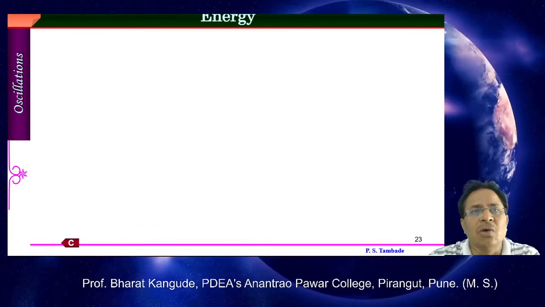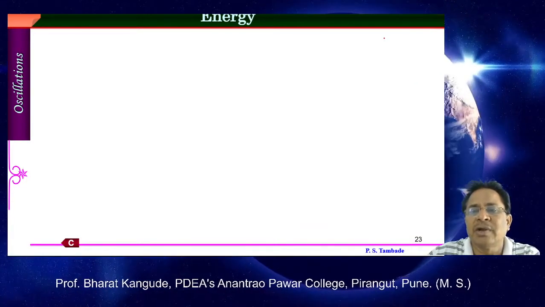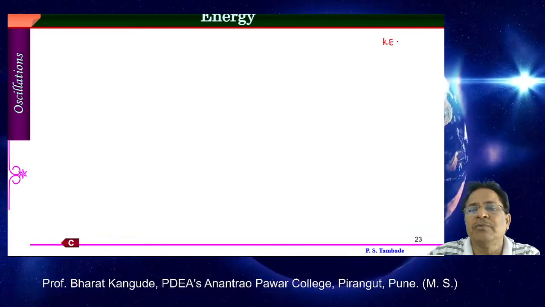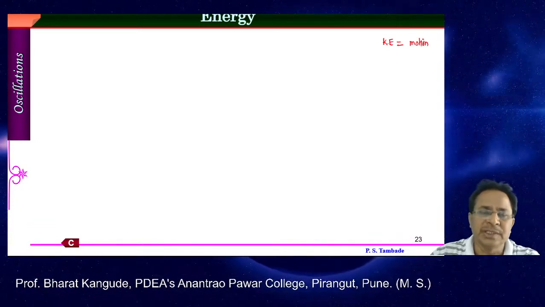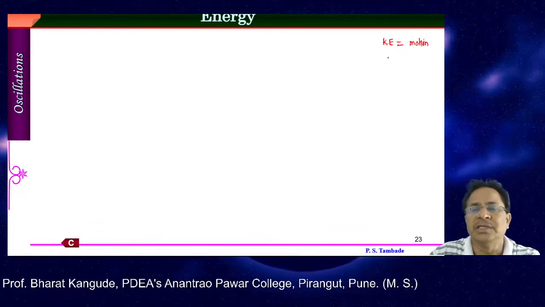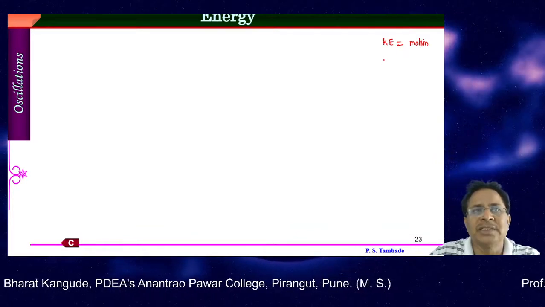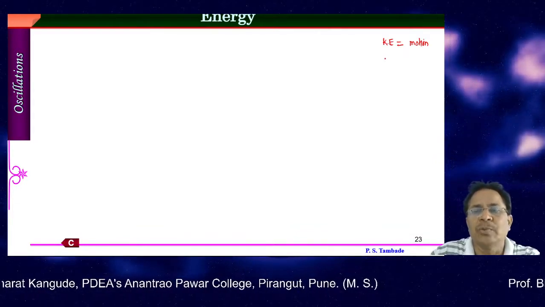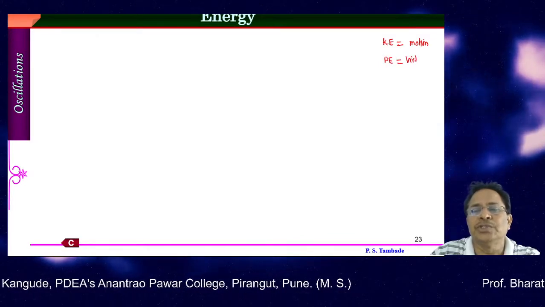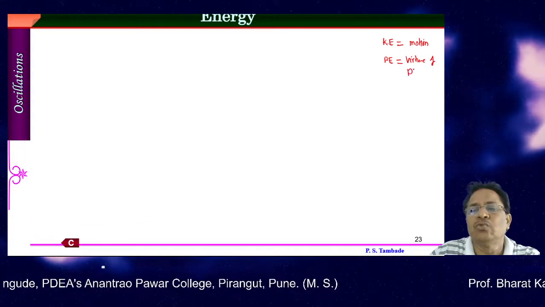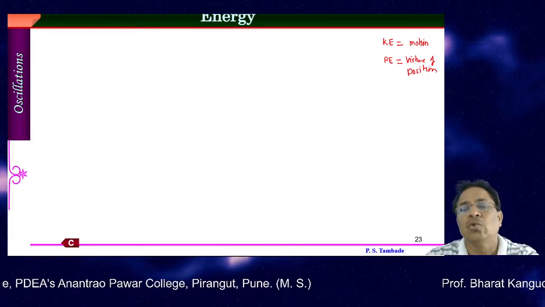In that concern, there are always two different types of energies. The first is called kinetic energy, which is because of the motion of an object involved in that system. And at the same time, because of virtue of its position, that type of energy is called potential energy. These are the two words we have to remember every time whenever we learn any physical system. There are two different types of energies.